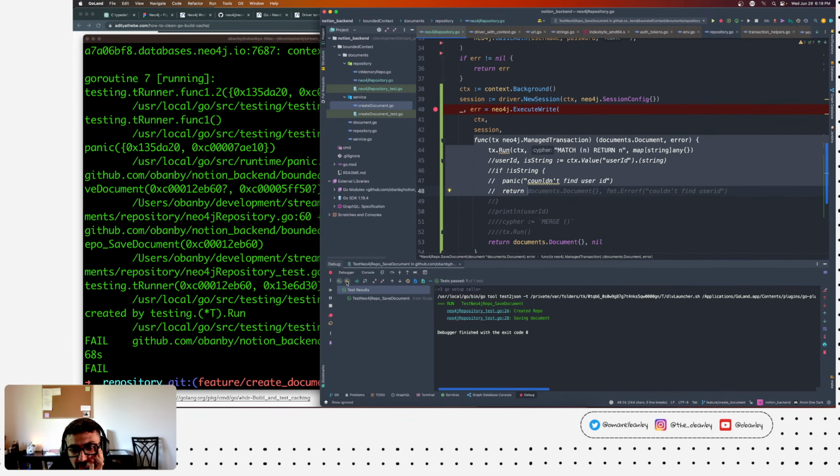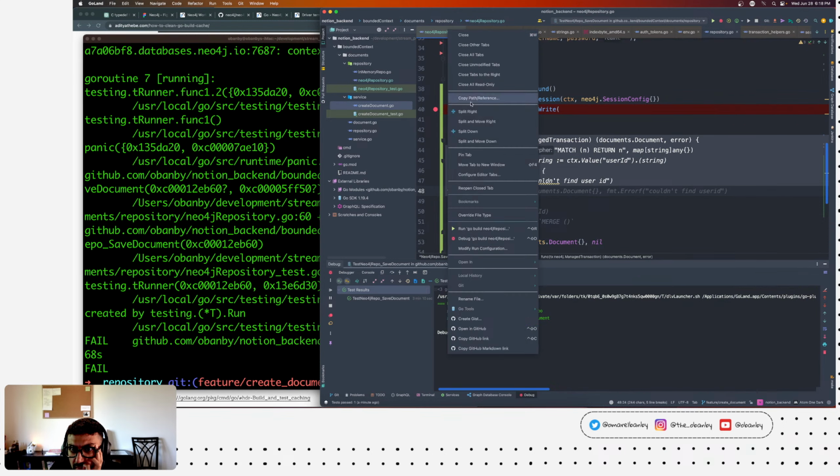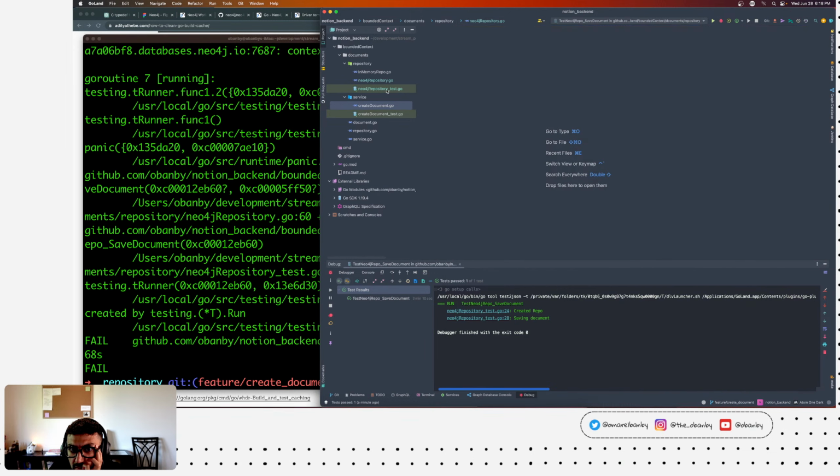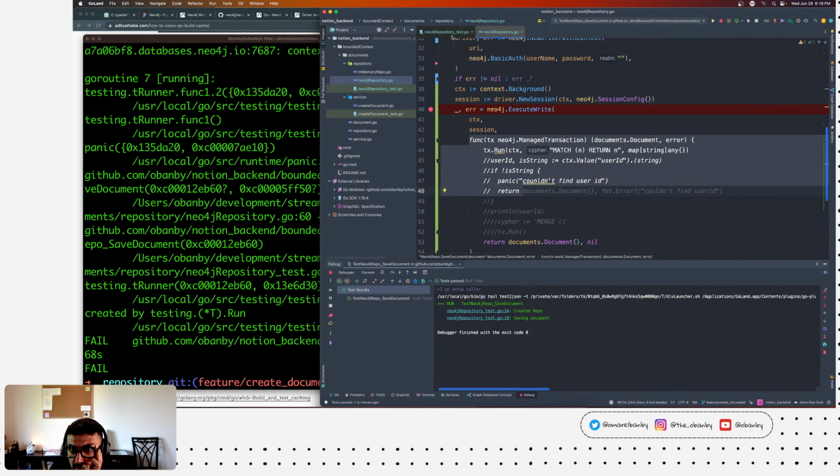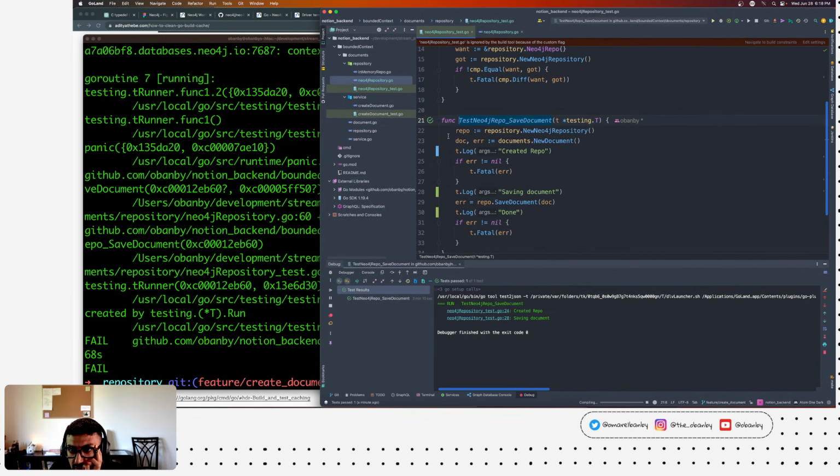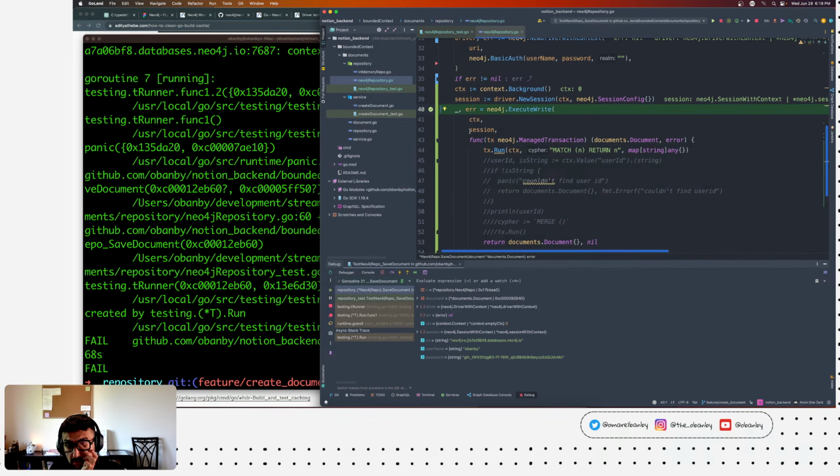And that's a bit confusing to me, right? So if I go here to the test again, I can run in debug mode. So we stop right there. If I click step into,